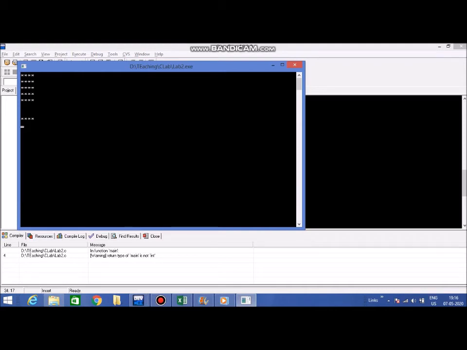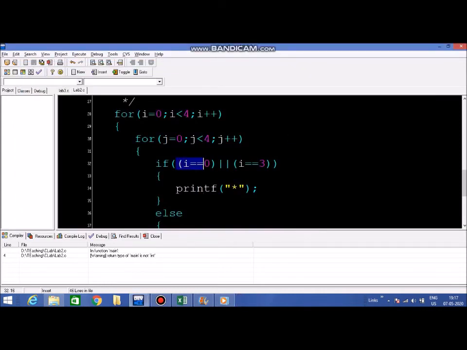Now what we need is, we need this line and we need this line. What is the criteria for the vertical stars to come? Any guesses? We basically need 2 more conditions: when i is equal to 0 or i is equal to 3 or something else. What is that something else here?